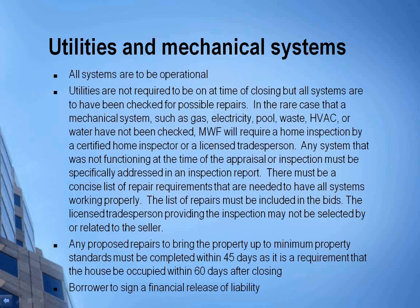Utilities and mechanical systems, all systems are to be operational. Utilities are not required to be on at the time of closing, but all systems are to have been checked for possible repairs. In the rare cases that a mechanical system such as gas, electricity, pool waste, HVAC, or water has not been checked, Mountain West will require a home inspection by a certified home inspector or